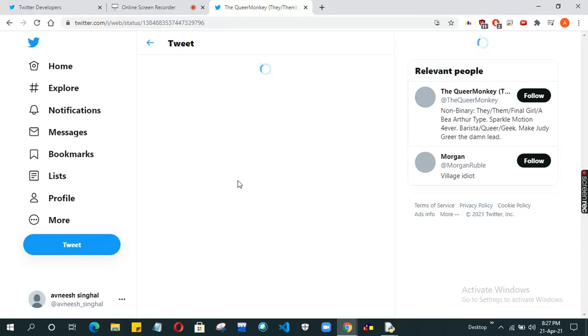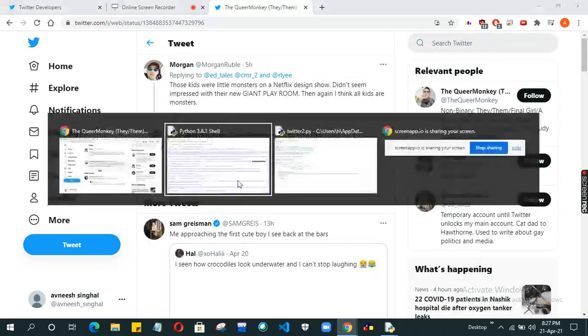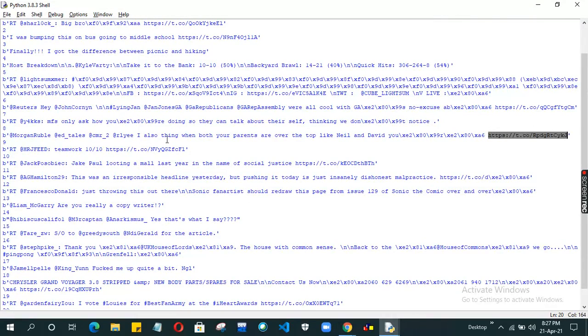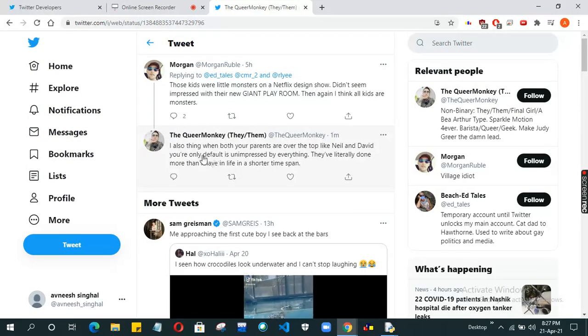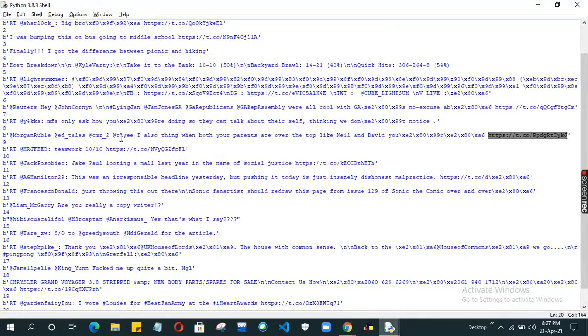There are so many tweets, that's why we are not able to search for those tweets. And here is the tweet, and our API is able to fetch this tweet.